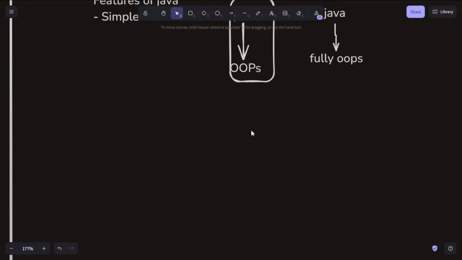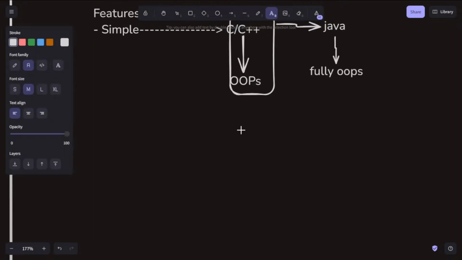Now the next feature of Java is that it is user friendly and widely used.